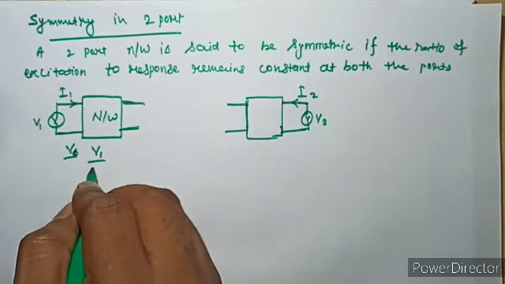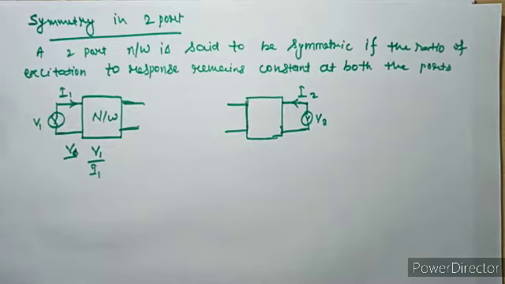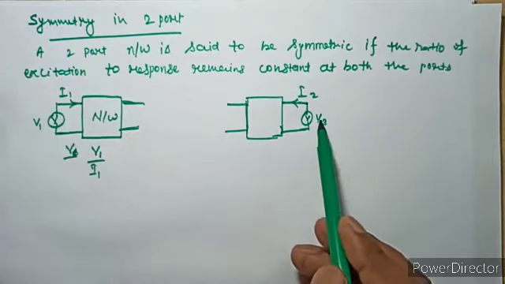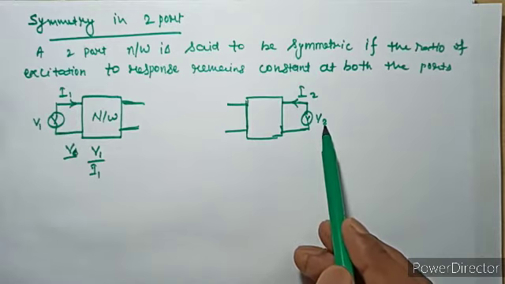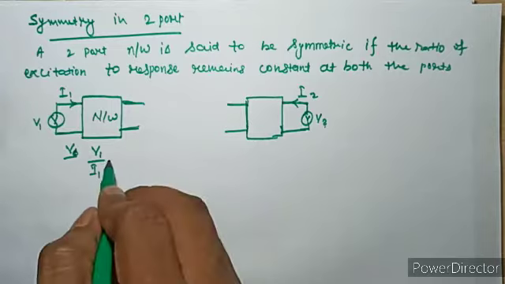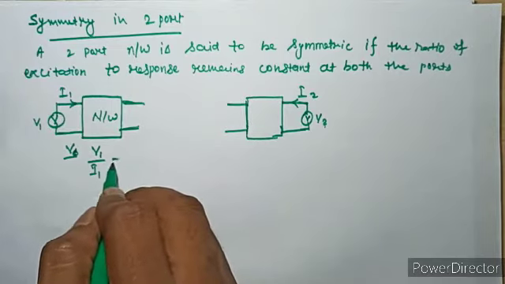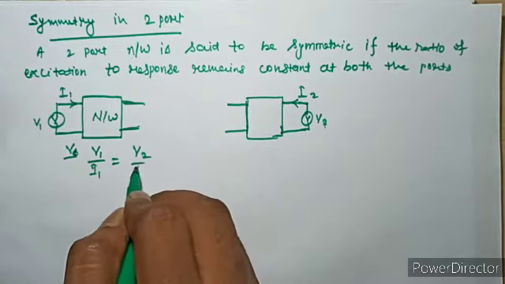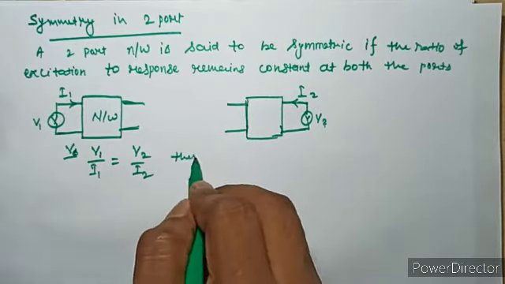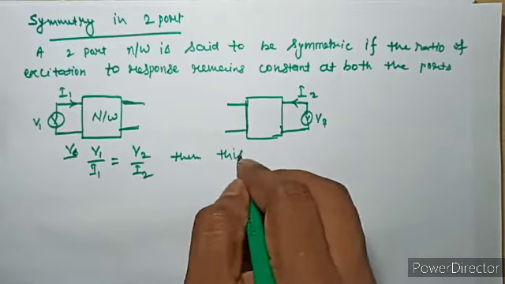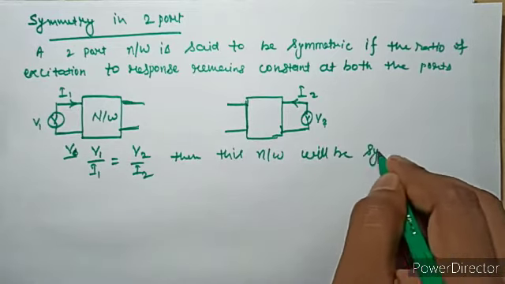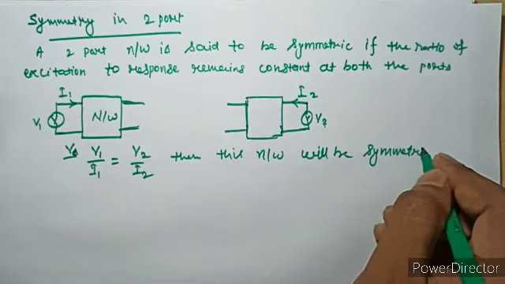In this we get the response by applying V1 voltage source, we are getting current I1, and if in this case I apply V2 voltage and get current I2, then if V1 by I1 and V2 by I2 are the same or equal, then this network will be symmetric,